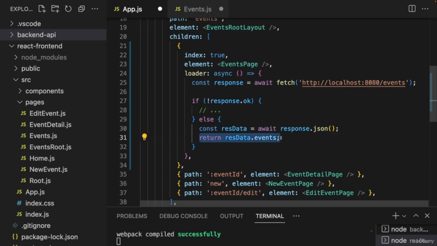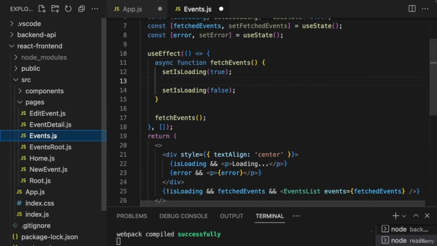And with that, this data is made available to the events page and any other components that need the data. So how can we now access that data then? So how do we now get access to that data returned by our loader? Well, for that we have to go to the component where we want to use it, like for example, the